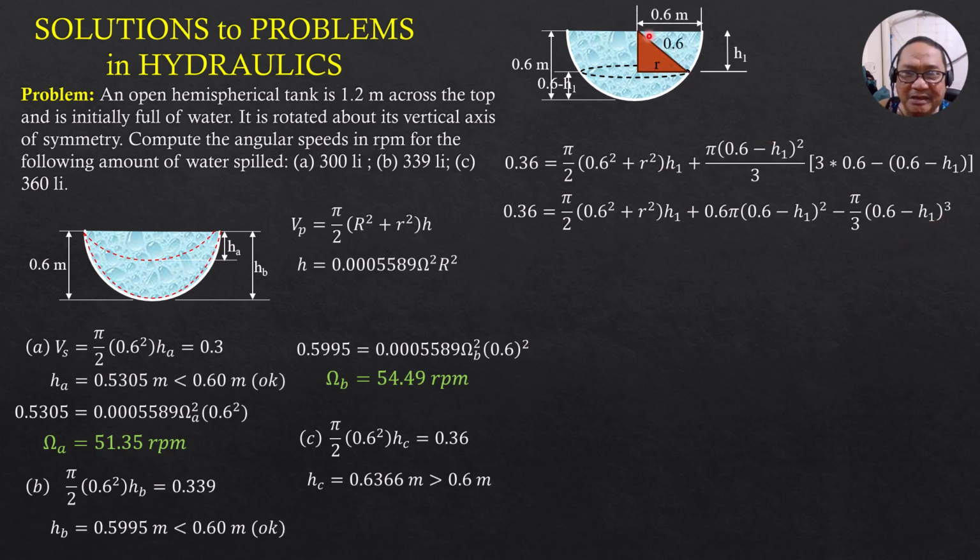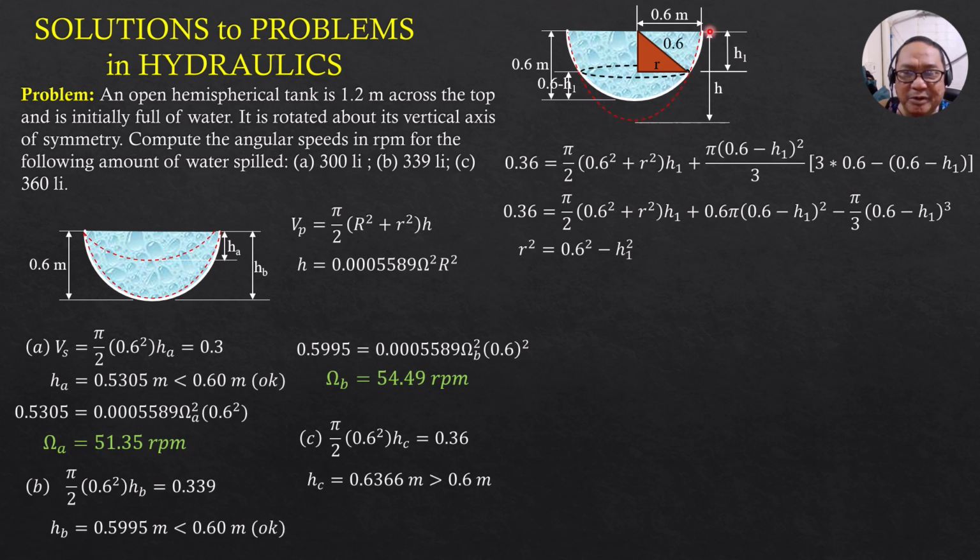This is small r, that's the radius of hemisphere, 0.6, to show that the volume is no longer equated to that of paraboloid of revolution, because the vortex extends below the bottom of the hemispherical tank. So where r square by Pythagoras theorem is hypotenuse 0.6 square, that's the radius of the hemisphere, minus this height, which is h1 square. And this is the actual figure.